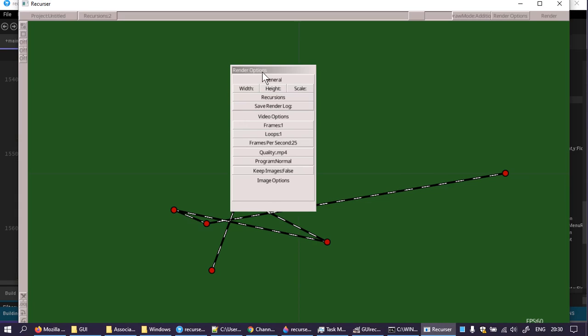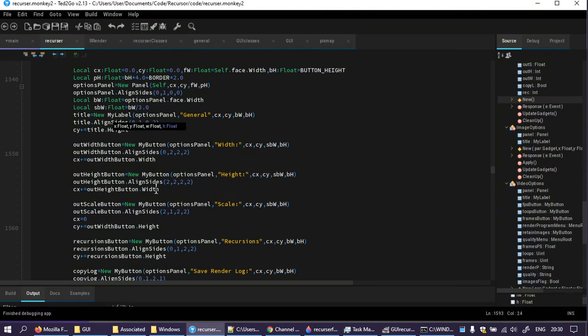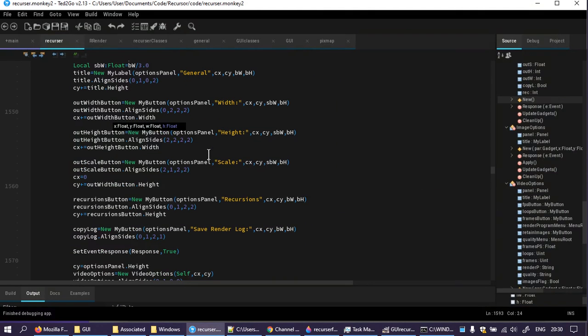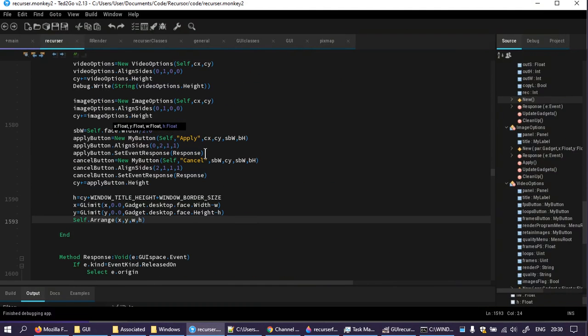Render options. It's got the general bit at the top. It's got video options. Image options contains nothing. That's okay. I can see the panel's a bit short for video options. The cancel and apply buttons are not there. I think that the video options is supposed, the image options is just supposed to be